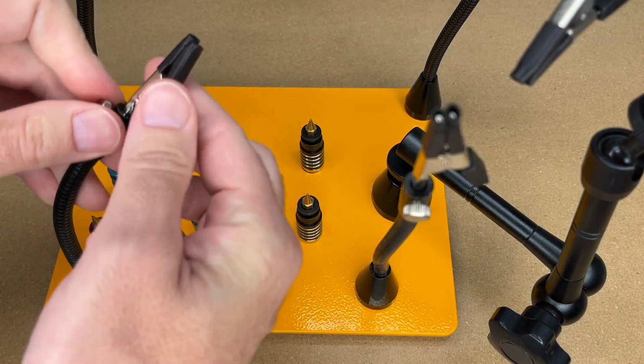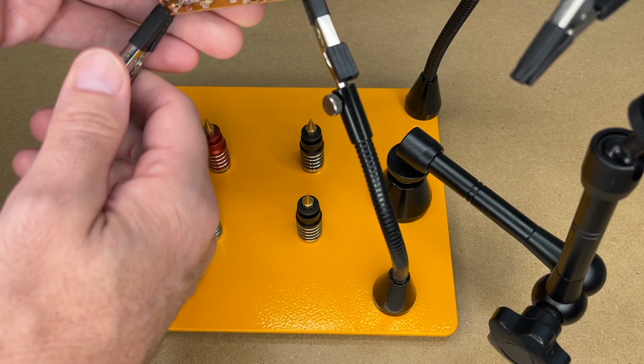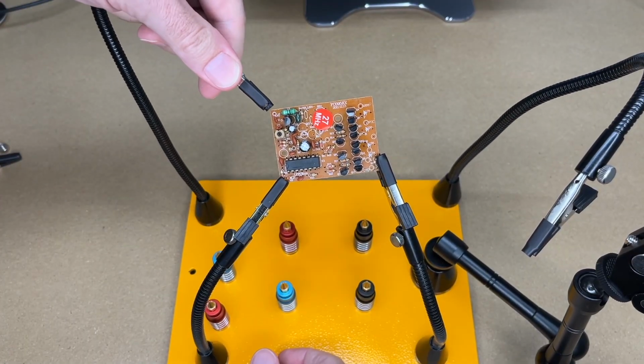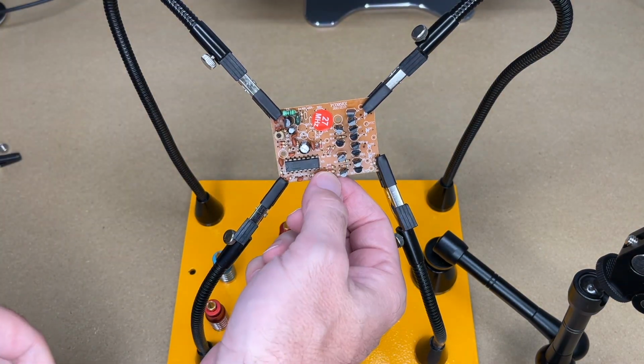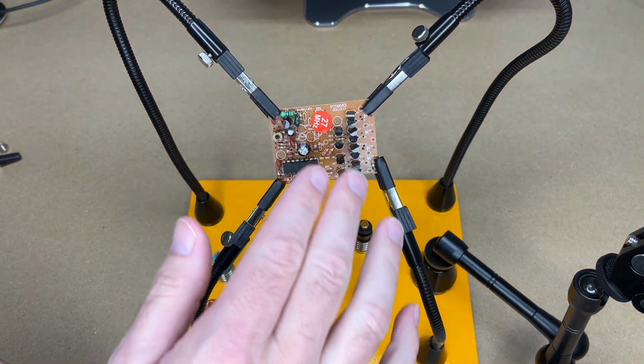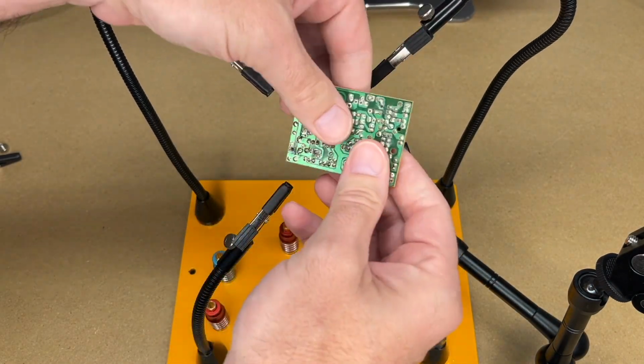So these can be positioned to, say, hold a circuit board. So I have this board here. I'll get this in frame in just a second. So there we go. Of course, we could put more clamps on it if necessary, like so. And that's holding that pretty securely there. Of course, I face the components out. If I'm actually using this, I would probably want the components facing the other way so I get to the